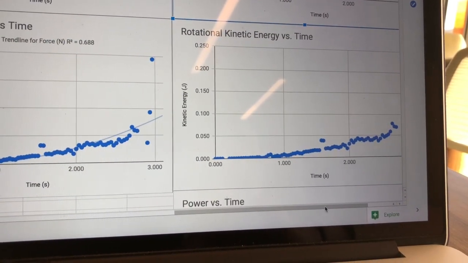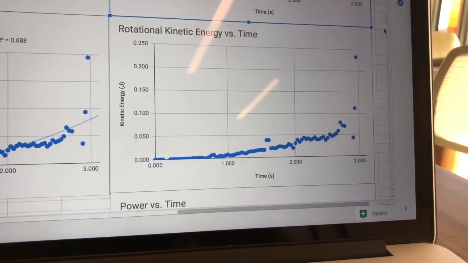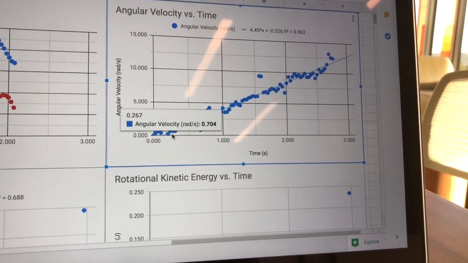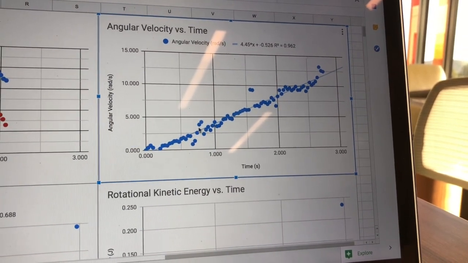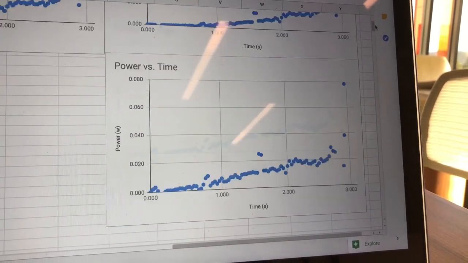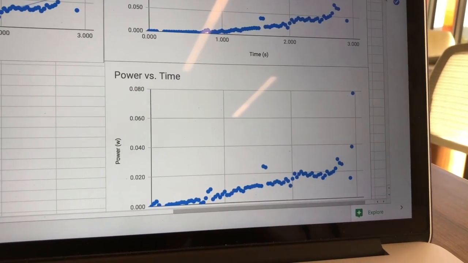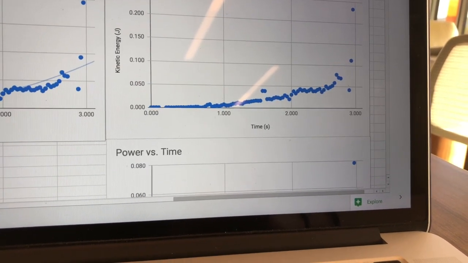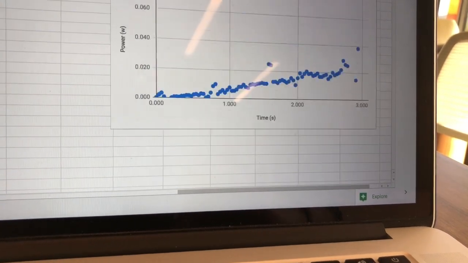We also have a rotational kinetic energy versus time graph and an angular velocity versus time graph, and this angular velocity is increasing steadily, thus the acceleration is constant. And our final graph we have is a power versus time graph. And you can see that that corresponds to the rotational kinetic energy versus time graph because it's gaining energy, and thus it has